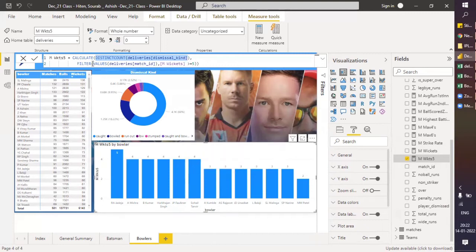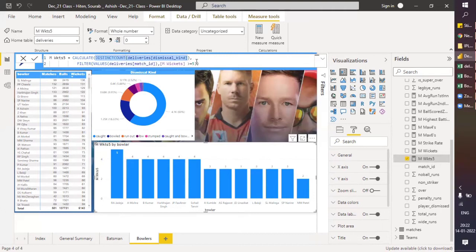And then the next one is your values. It will tell us how many match ID values there are when we apply the condition of wickets. So how many wickets are there? More than 5 wickets when there is a single match ID value. For example, in match number 5, how many wickets are there? Is it more than 5? Then it will take it into consideration. Then it will count the distinct count. It will take it as 1.